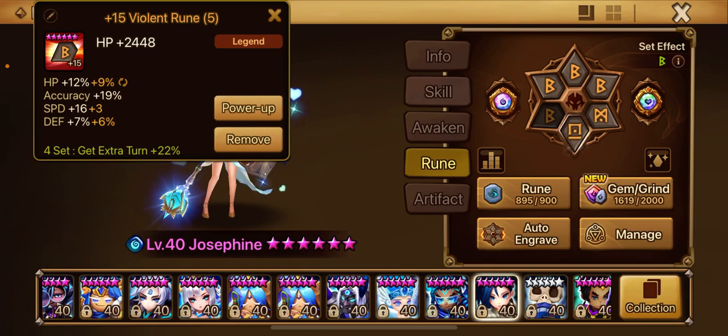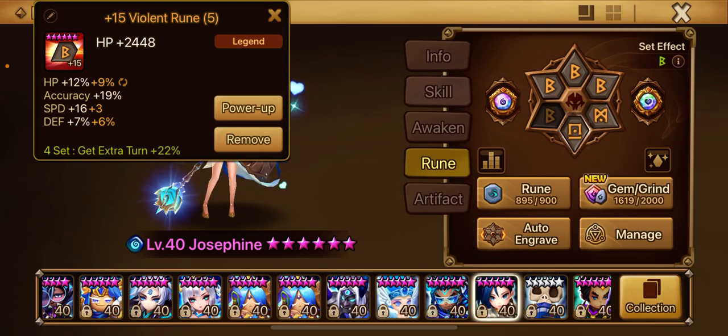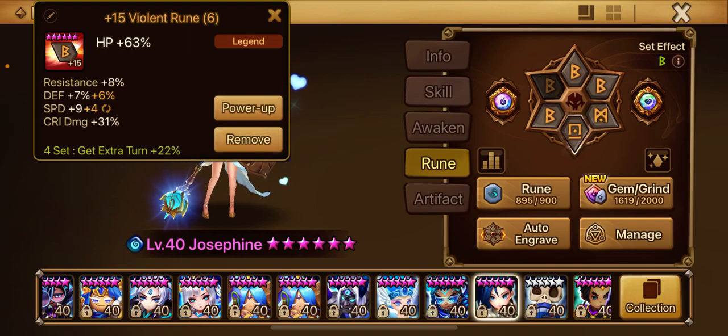And then we have this one, stats. This is where I'm getting a good amount of my accuracy. Now, the main runes, are you ready? I haven't shown her slot 6 or slot 4 yet. We have a slot 6 on...